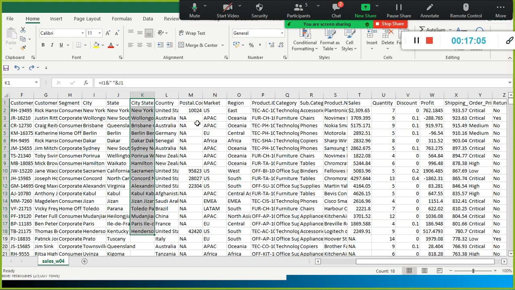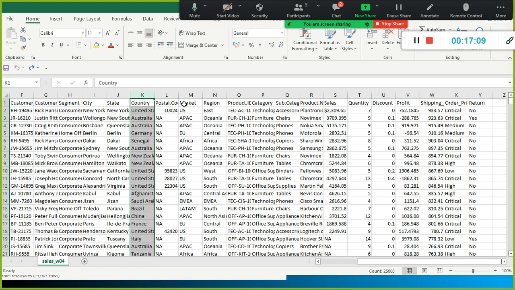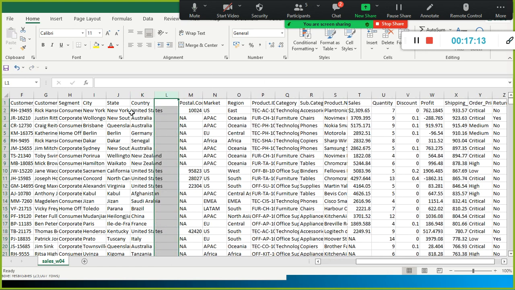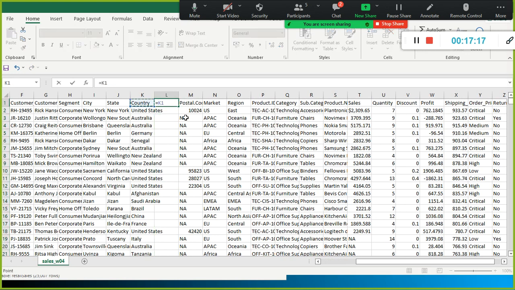This time city and state is overkill. What I am going to do is create country and state. Here I am going to say equals, but in real time you will get some kind of strange format of the data like this.